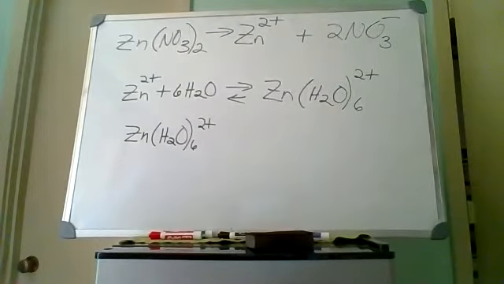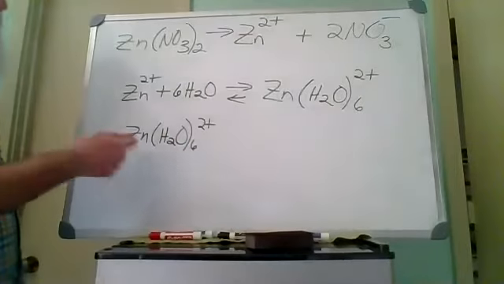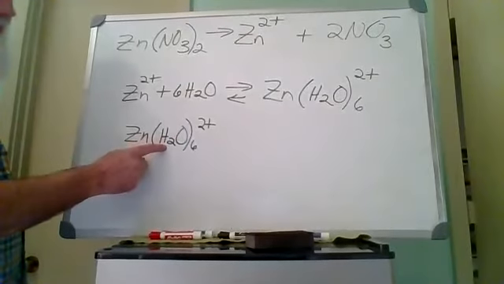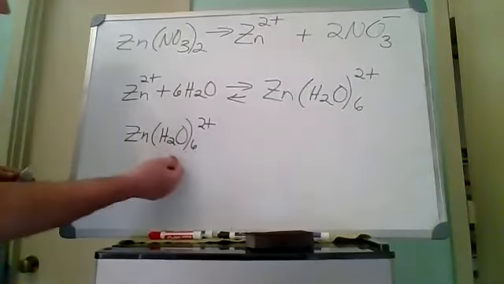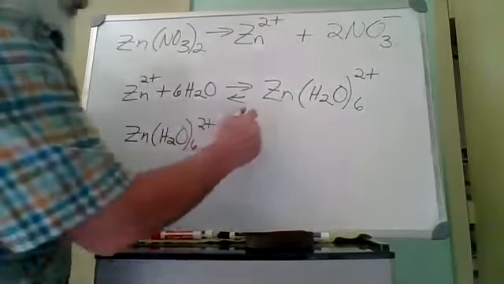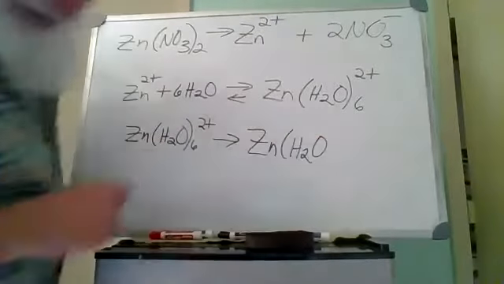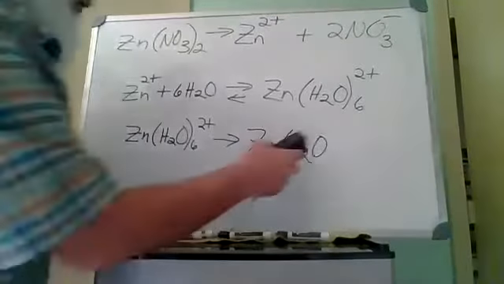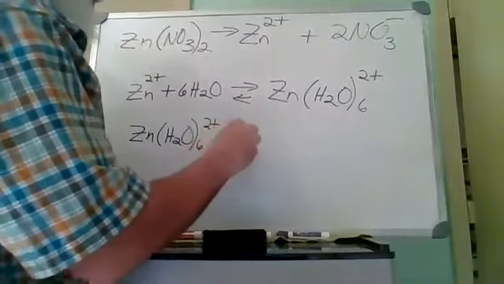Right, so the negative ends of the water molecules are pointing towards the zinc here. Now, that means the electrons are being pulled away from the protons on the water molecules, right? So the protons become acidic because all the oxygens are pointing towards the positive zinc. So one of these water molecules can lose a proton. Here, actually, maybe we should write it out like this. I'm going to run out of room here. Plus water,